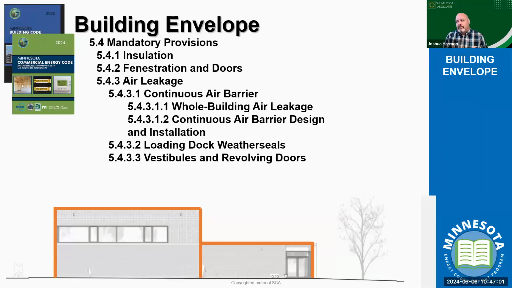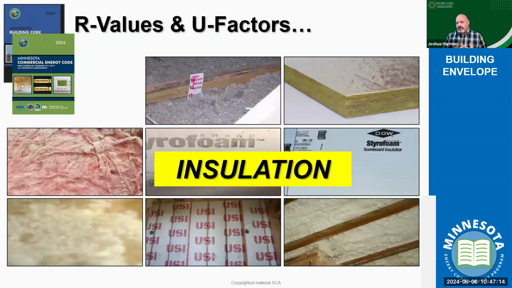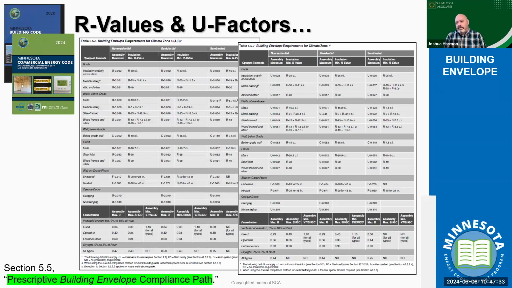But when we think about the building thermal envelope, there are certain mandatory considerations. And the primary one that we always go to, whenever we think building thermal envelope, whenever we think building envelope, our brains automatically tend to go straight to insulation, right? We think about what the insulation is and what the insulation values are. We understand there are R values, there are U values. We'll talk more about thermal envelopes in our in-person trainings as we move around the state as part of that project. But what we're looking for is how this building, from a prescriptive element, since we have mandatory provisions to evaluate the thermal envelope and install a level of insulation.